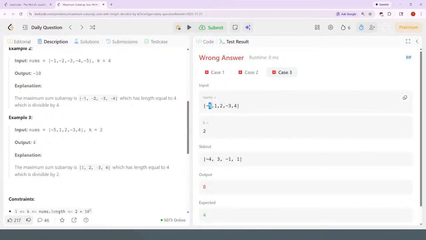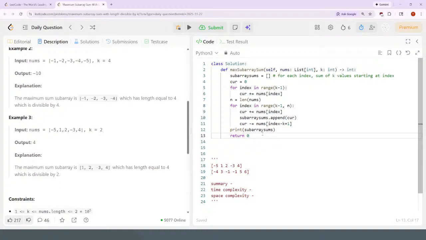So the sum of the first two here is going to be negative 4, 1, 2 is going to be 3, yeah. Sum of the first 4 is going to be negative 10, second 4 is going to be negative 14. Okay, so subarray sum is fine, and then I want to do kind of a prefix sum here,